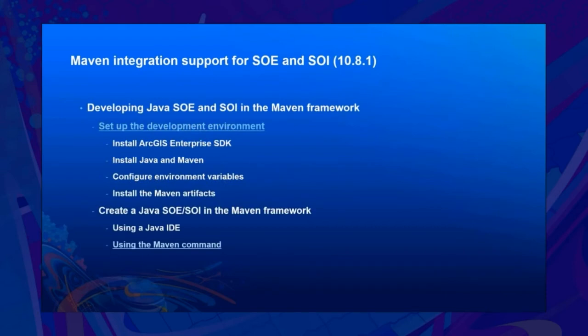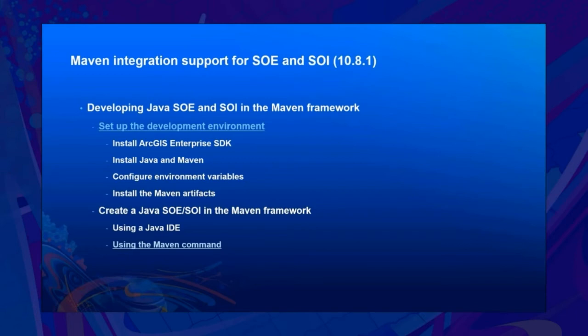Now, let's discuss the process of developing SOE or SOI in the Maven framework. Before starting to build a new SOE or SOI project, you must make sure to set up the development environment properly. This includes installing Enterprise SDK, JDK, and Maven. You also need to configure the environment variables accordingly. And last, you can run the SDK's install Maven artifacts tool, which deploys the required SDK's Maven artifacts to the